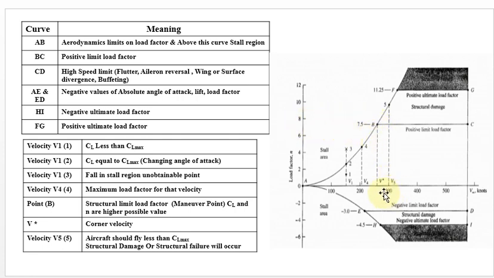Even though I am increasing the velocity beyond V star, that is V5, and getting the load factor, the load factor comes under your damaged area, so it is not advisable. Each and every pilot or designer should know what a maneuvering point is, and once you know the maneuvering point, you can find the corresponding corner velocity. This is important for your corner velocity. So this is regarding this particular point.